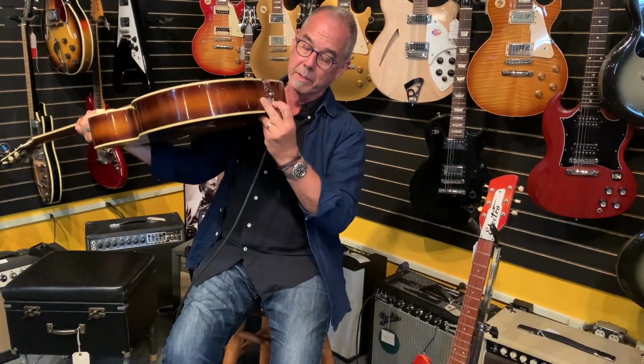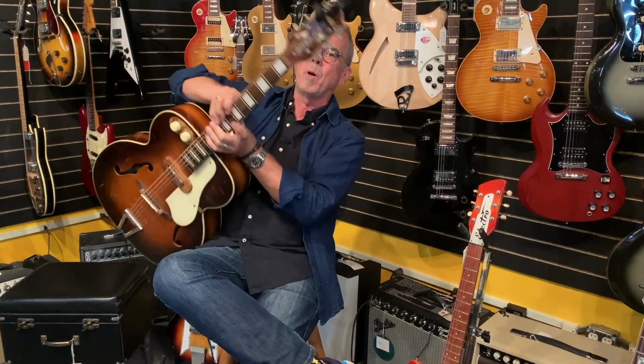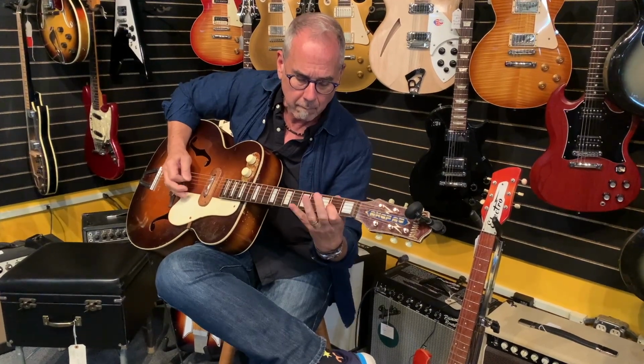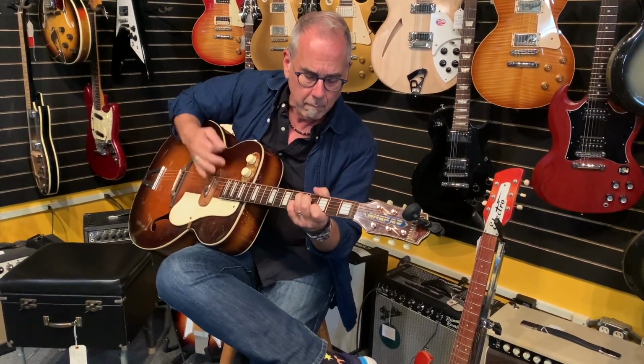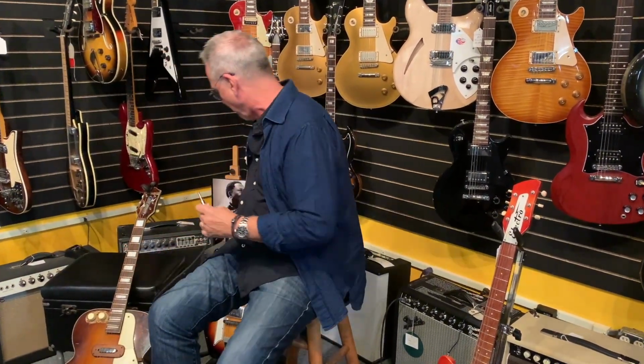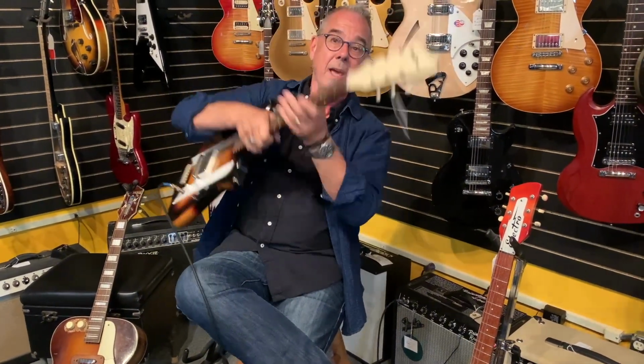That has personality. Not that the Les Paul doesn't, and if you like to play bluesy leads, you want a Les Paul. But if you're playing in a band and you're doing solos occasionally and you want to stand out, I might suggest some of these kind of oddball things that we have hanging around. I'm going to do the other one just for fun so we can kind of hear them. This Airline with its humbucking looking pickup, which is actually a single coil, also has that